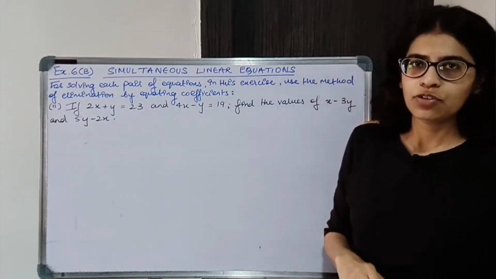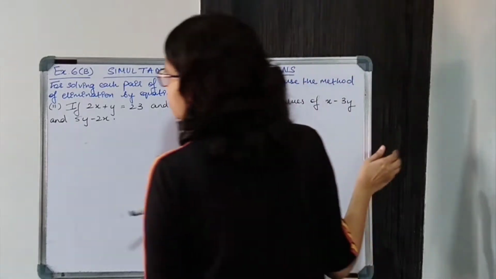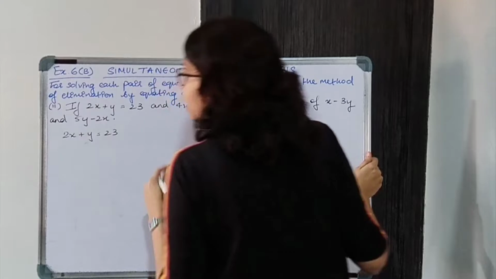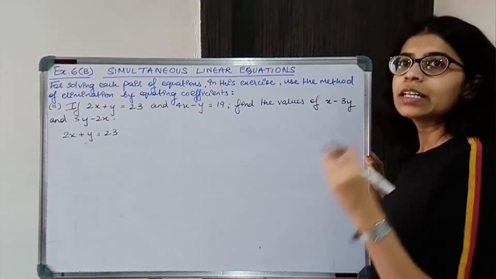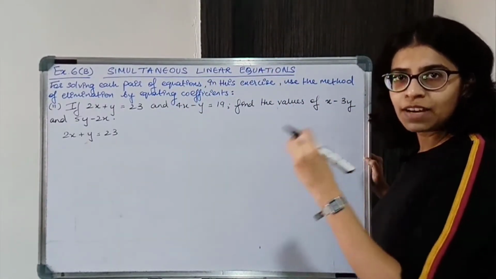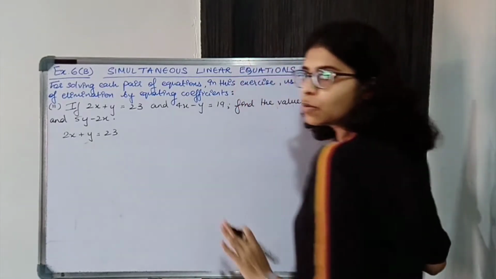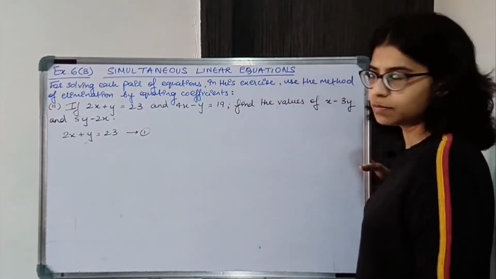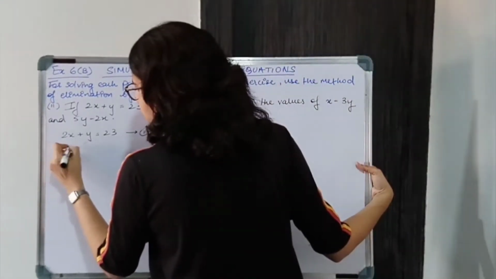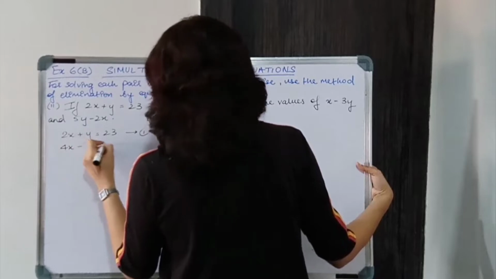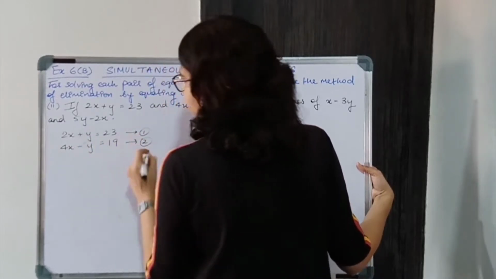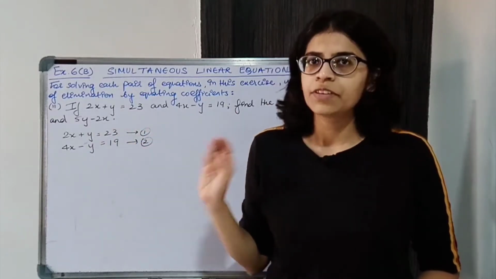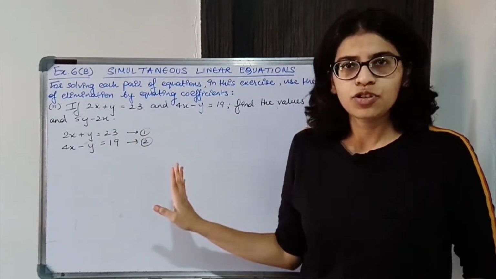Let us now write down the equations first. First one is 2x plus y is equal to 23. Is it in the required form? It is. ax plus by is equal to minus c. That is the required form. Number the equation. This one is also in that form. ax plus by is equal to minus c. That is, variables should be in the LHS and the number in the RHS. Very easy. So it is already arranged in that form.